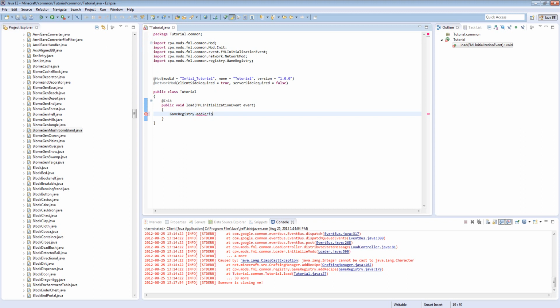Recipe parentheses new item stack parentheses item dot pickaxe diamond, and then we're going to go outside of that parentheses, and you're going to do comma space new object bracket, go outside of the bracket, put a curly bracket, hit enter there, hit enter there, and then it